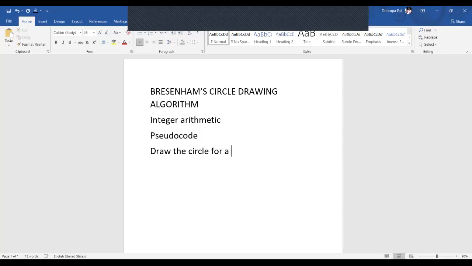Since we are talking about a circle, the radius must be known. It is the prerequisite. So radius r, and the center coordinate of the circle must be known. What will be the center coordinate? We can say it is xc and yc. So these are the x and y coordinates of the center,